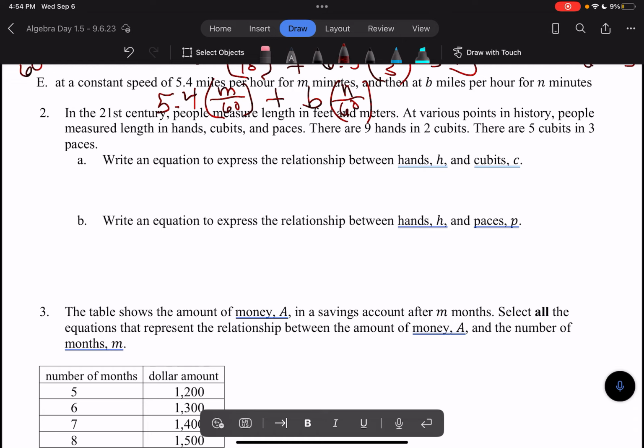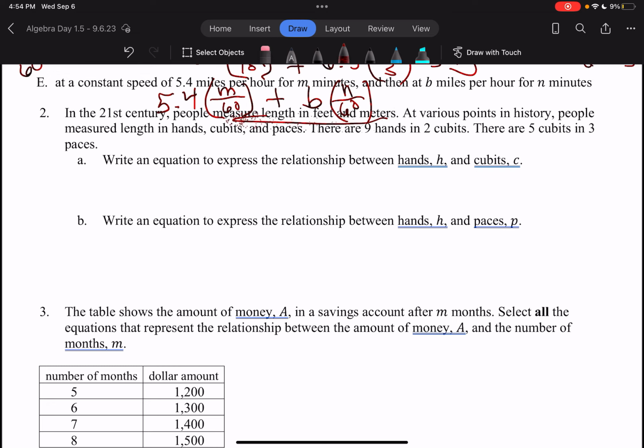In the 21st century, people measure length in feet and meters. All right, let me erase this a little bit so that we can see better. Feet and meters. At various points in history, people measured